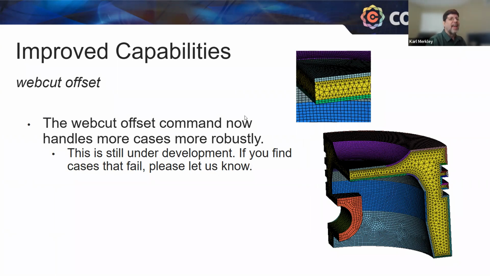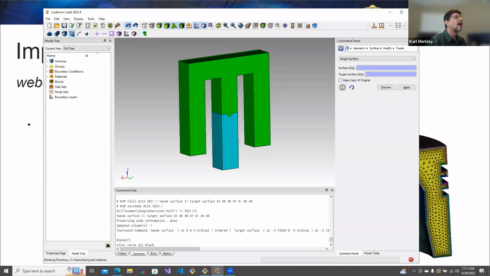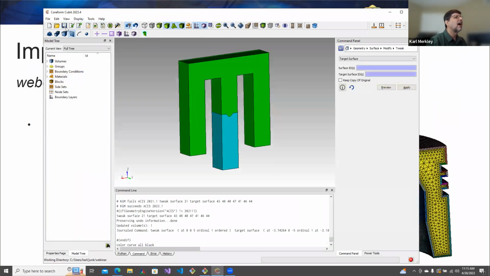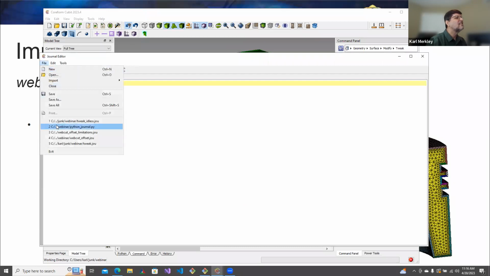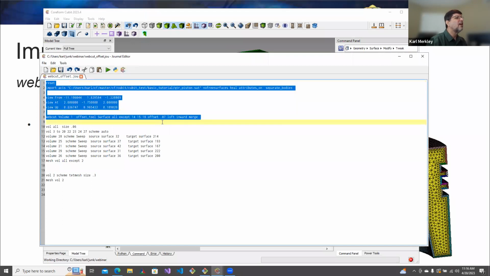It now handles additional cases. It's a little more robust. There are still going to be cases that I'm sure you'll find issues. If you find issues when you need to use this, please let me know. Let's go ahead and look at this example. Oops. I must have killed my window. Okay, we'll bring up this webcut offset, bring in our model, and